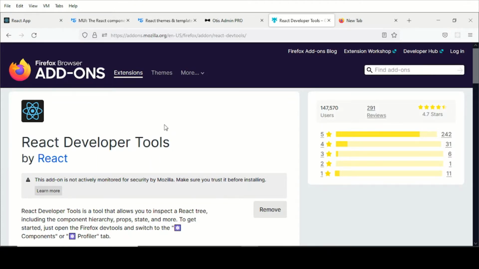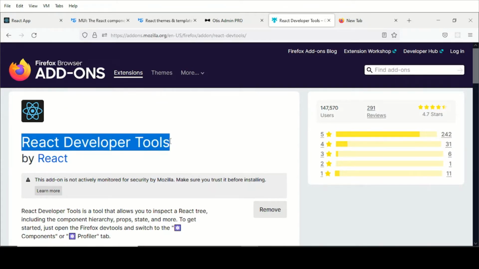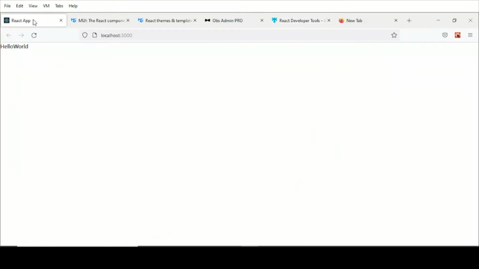Right now, I only saw this one in Firefox and Chrome. If you're working on those browsers, just check this React Developer Tools and add it to your browser. Now, once added, what it does, if you head back to your React,